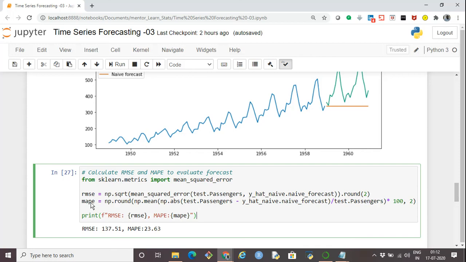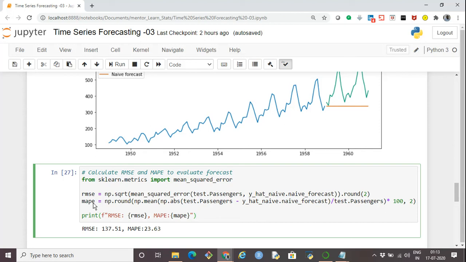Now MAPE is mean absolute percentage error, where first of all we have to find the absolute difference between the actual number of passengers present in the test data frame and our forecast value, and we divide it by the total number of passengers in the test data frame.